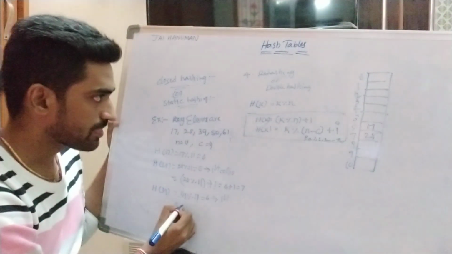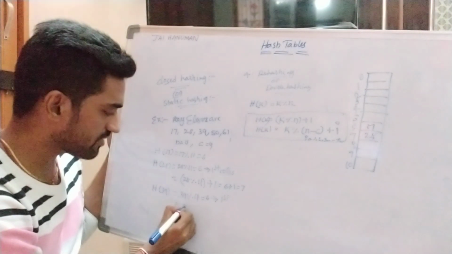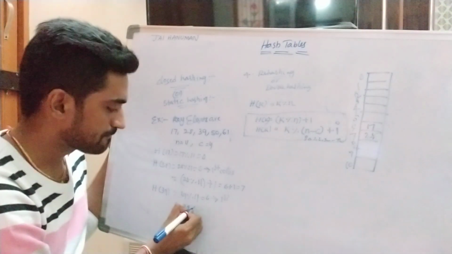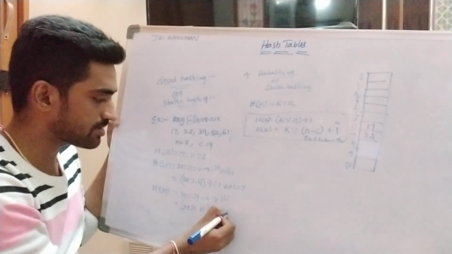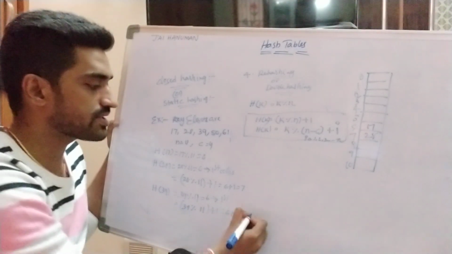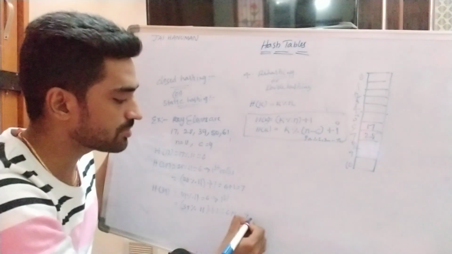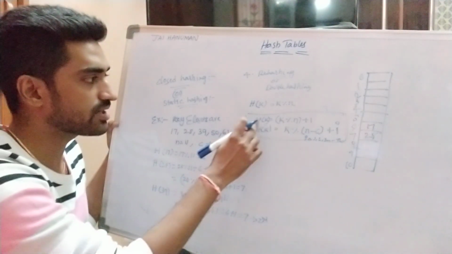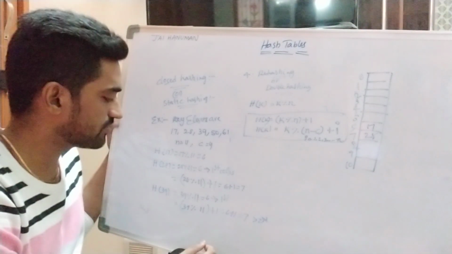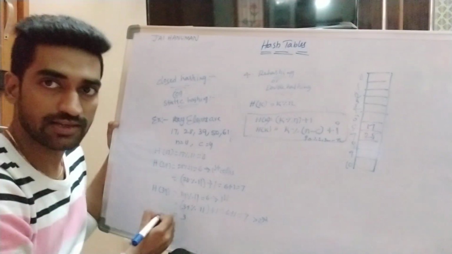First formula, that is K value 39 modulo division of 11 plus 1. 6 plus 1, which is equivalent to 7. So 7 is already occupied by 28. Second collision is occurred. So that's why we are using second formula, right? What is the second formula? 39